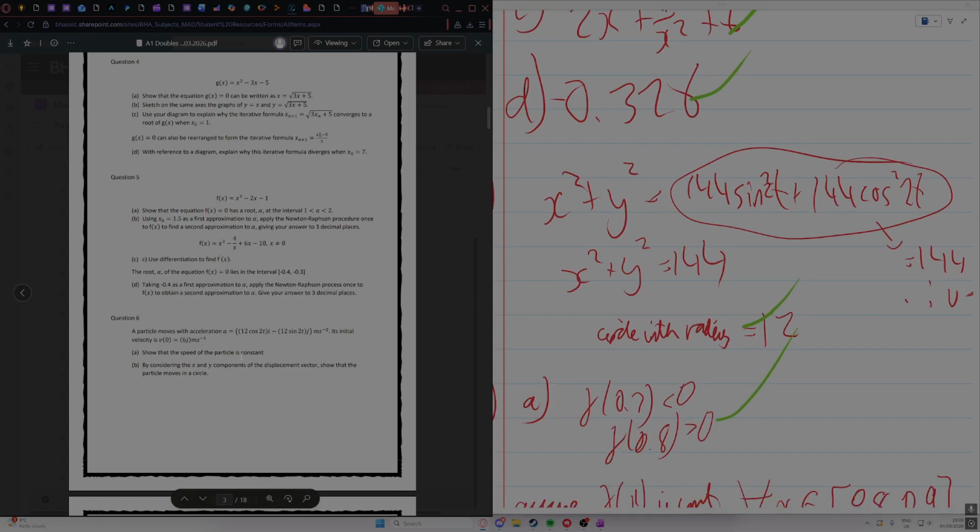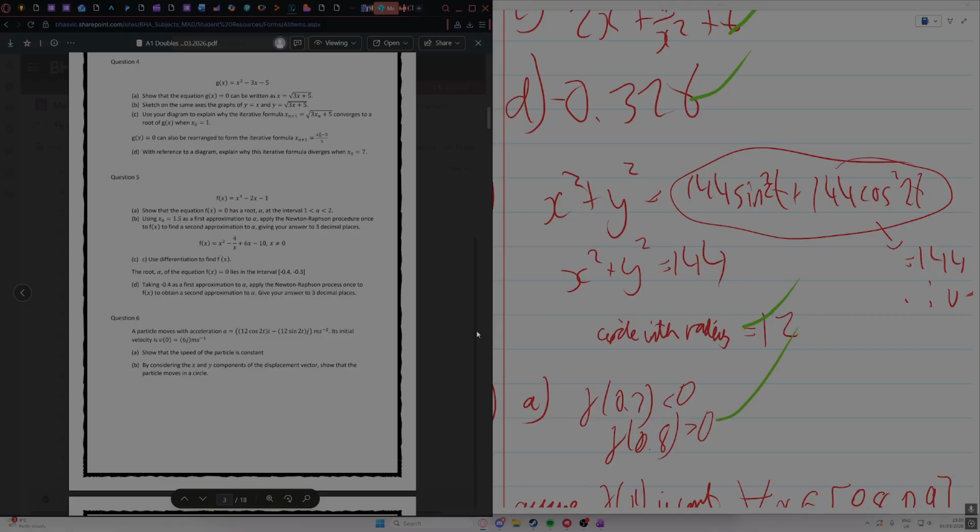Show that the speed is constant. Well, I kind of just did both of these at once because this is what a circle actually is. If you think about the equation of a circle, x squared plus y squared equals 1, the only functions of x and y that make sense there are sine and cos. But if you do the magnitude of this,